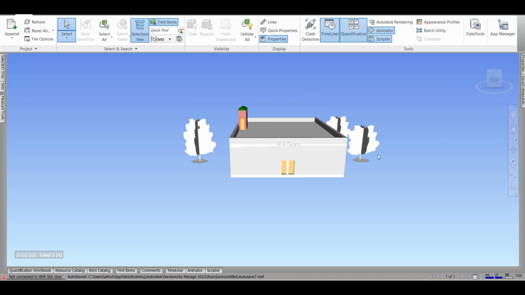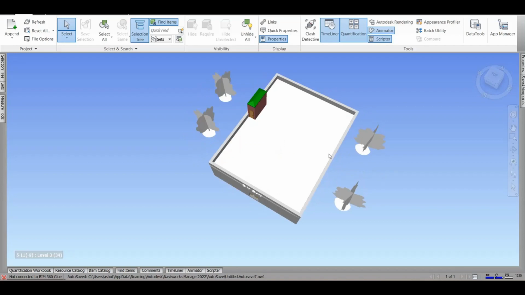In this session, we'll discuss more features of Navisworks that we did not discover in our last video. In our last video, we saw the append and merge option. We discovered clash detection. We discussed the selection tree and properties, saved viewpoints, those kinds of things we covered in our last video. If you did not check it out, please check it out right now and then jump on this video.